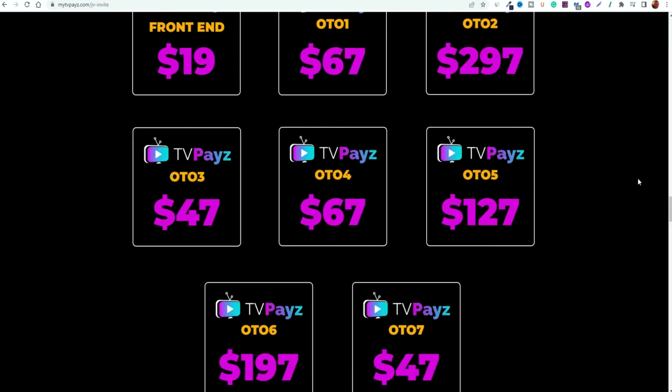So if we quickly look at the OTOs, I'm not going to go too much into it, because the reality is that if this platform doesn't work properly, the chances are that the amount of money you spend on this is not going to make any difference. So you're best to avoid it. You're just going to waste a lot of time and a serious amount of money.